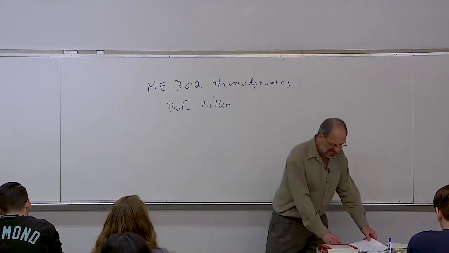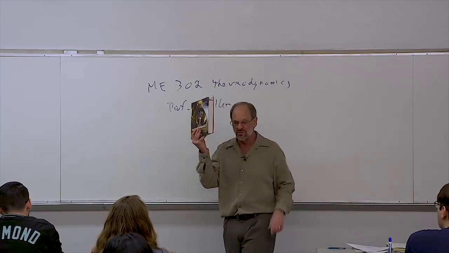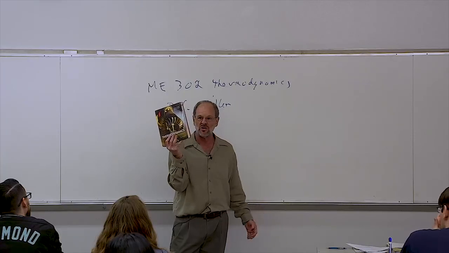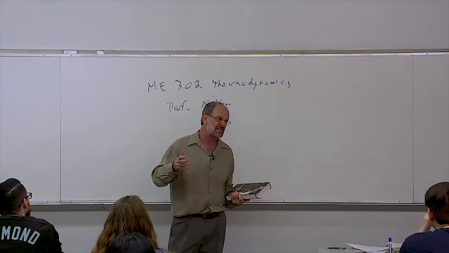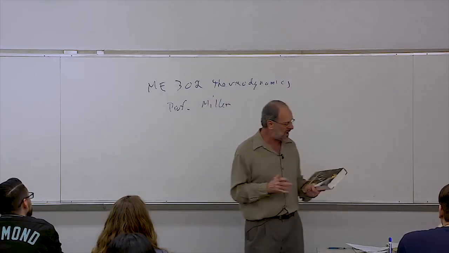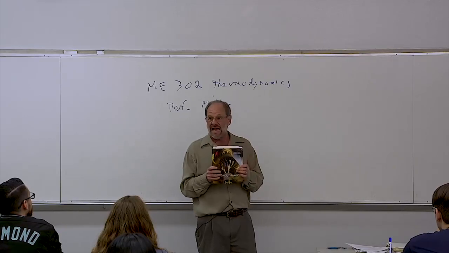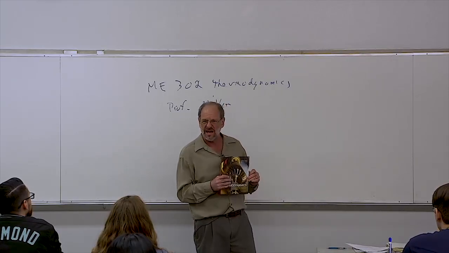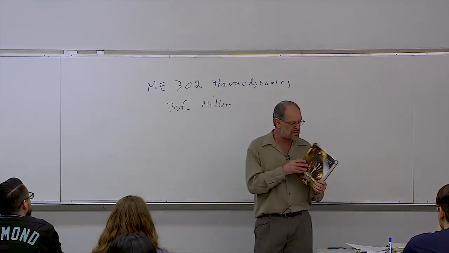The textbook for the class is the 8th edition of Schenkel and Bowles. You do not need to buy the physical book unless you want to. Most of you took ME 301 where you automatically were provided, well, I guess you had to pay for it through your fees, but you were automatically given an electronic copy of this book. So your access to McGraw-Hill is supposed to be for like 2 or 3 years, something like that. So you should be able to just access the textbook the same way you've done previously.